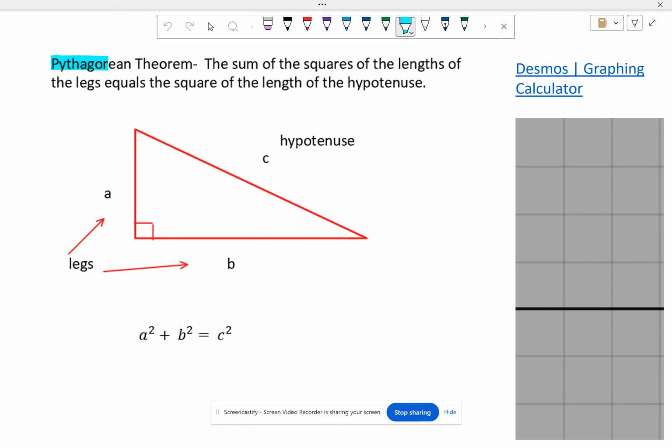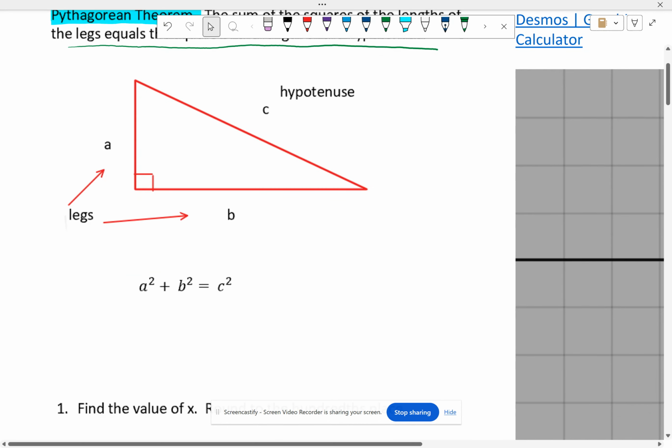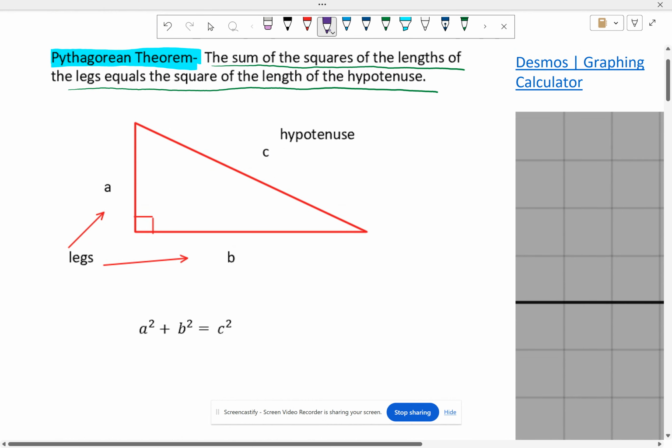So, the Pythagorean theorem. I believe this will be a review for many of you. It states that the sum, so think addition, the sum of the squares of the lengths of the legs equals the square of the length of the hypotenuse. So the sum, so we're adding the squares of the legs. So anytime you have a right triangle,